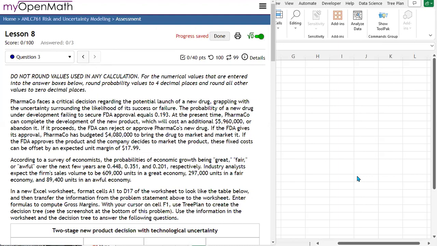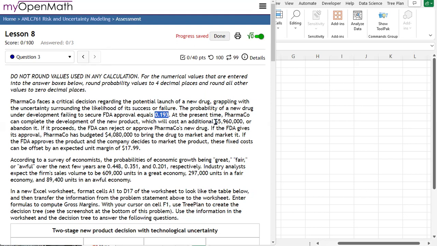In the last part of lesson 8, we're going to extend what we did in the second part of lesson 8. We had a pharma company using a decision tree to decide if it's going to bring a new product to market. In this part of lesson 8, we're going to extend the problem to include another layer of uncertainty. In the second part of lesson 8, there was only one layer of uncertainty, and that was whether the economy was going to be great, fair, or awful. We're going to continue that here, but we're going to add a layer of uncertainty regarding FDA approval,